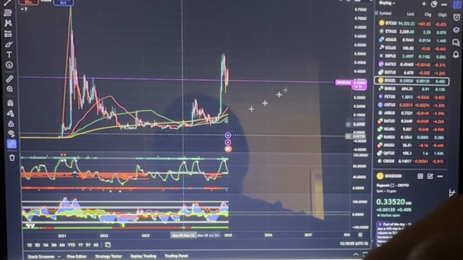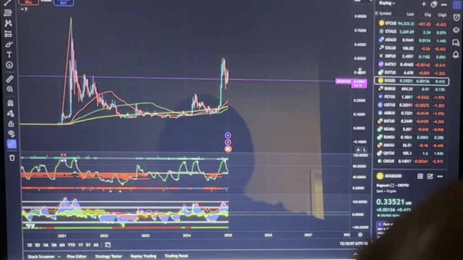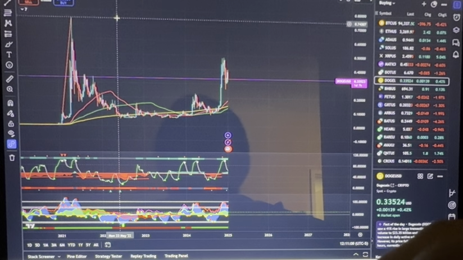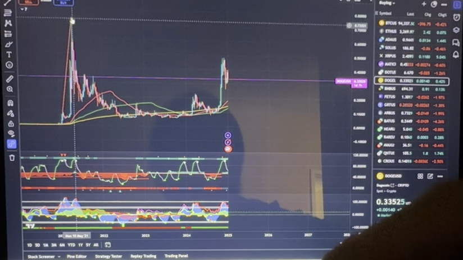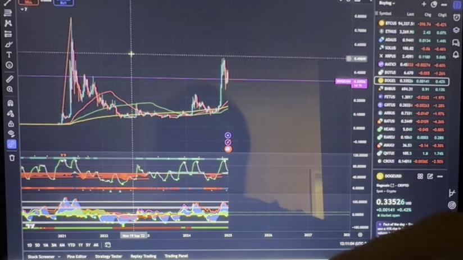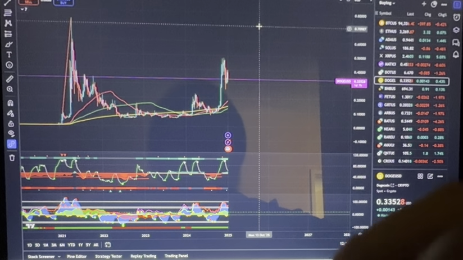I didn't know that was there. That's funny. Okay, so this is not out of the question, and this is the high from 2021. That's 73 cents. That's a doubling from where it's at now. So let's go into our